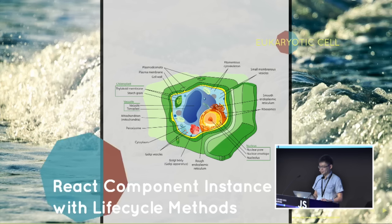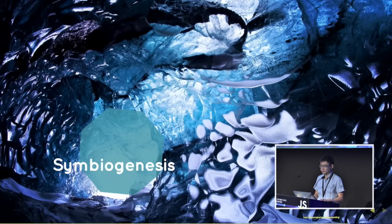Another interesting thing to think about is that there's a not so small gap between a prokaryotic cell and a eukaryotic cell. There's so much more structure, so many more compartments. They have a specific name called organelle. An organelle is literally a small organ. There are a lot of organelles here, and how did they come into existence? This is another unanswered question in contemporary science, but there are some very convincing theories right now that try to address this problem. One of which is called the symbiogenesis process, which basically means that